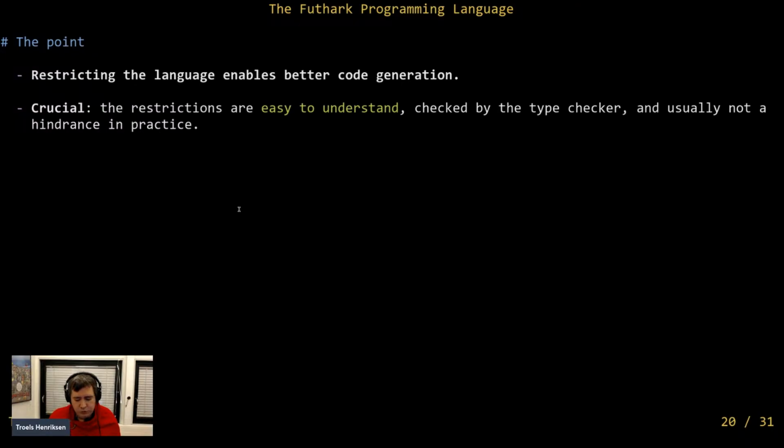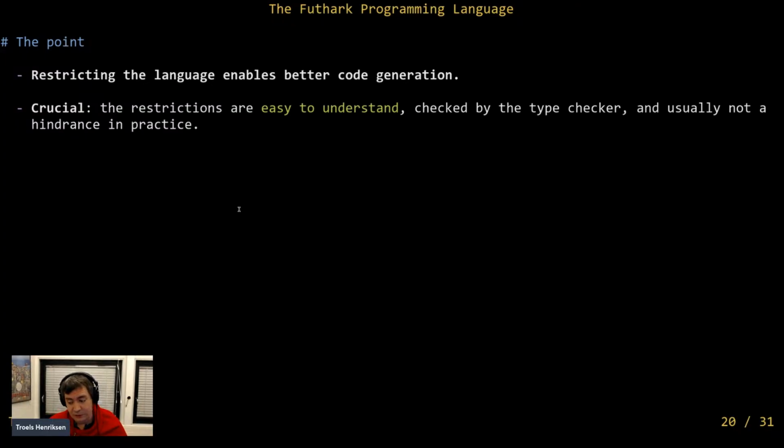And what is crucial, I think, is that these restrictions are easy to understand in the sense that they are expressed in terms of type rules. They're not just based on the compiler running some magical analysis that you don't understand, and then sometimes saying no for reasons that you cannot comprehend because it's a decision made by some black box. It's composable because it's expressed in the type system. So you need, of course, to learn how the type system works, but it's not going to be particularly magical. The rules are not going to crop up at runtime or only appear once you're trying to combine things. They appear immediately when you break them, not later, not due to composition of things.